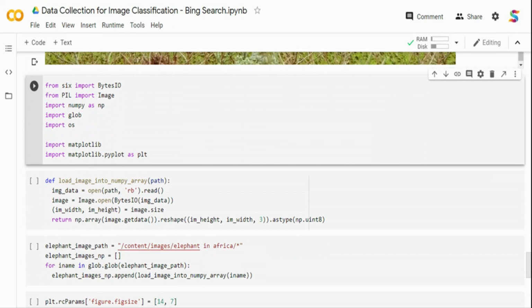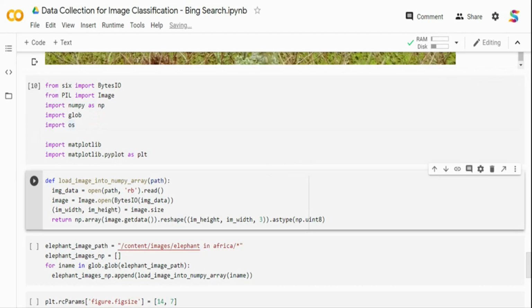And what you can do is import the packages so that I'll be able to convert it into a NumPy object, so that I can feed it into any model. So that is also possible. For that, I'm just importing a few packages over here: the NumPy package, glob, and BytesIO, and Image to read the file. And then I'm creating a function. The function is basically to load the image into a NumPy array. It's going to take each image as input, open the image, convert that into a byte object, calculate the image size, and then do an np.array. So this will return a NumPy array.